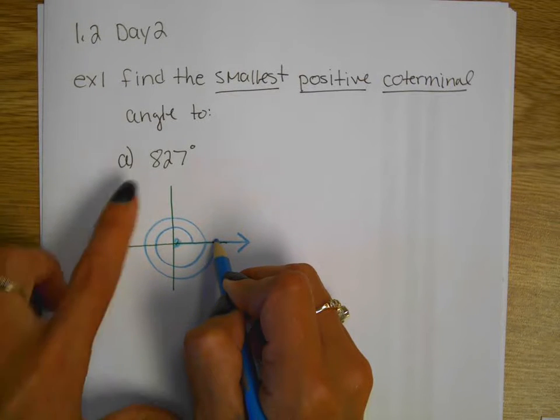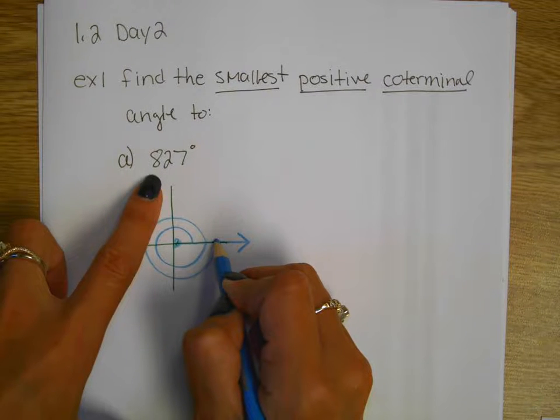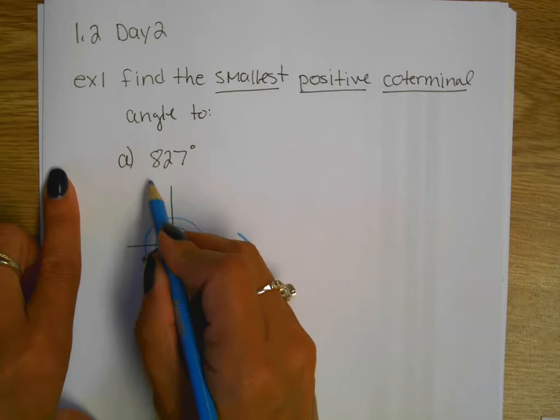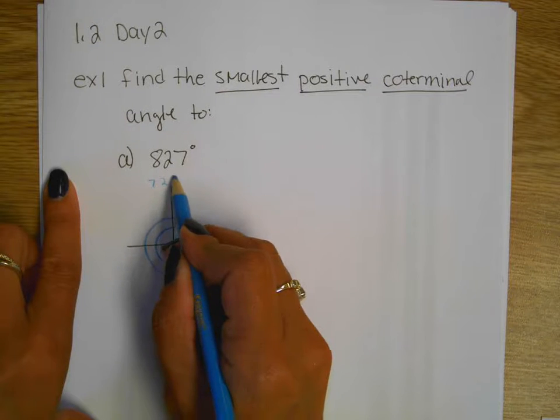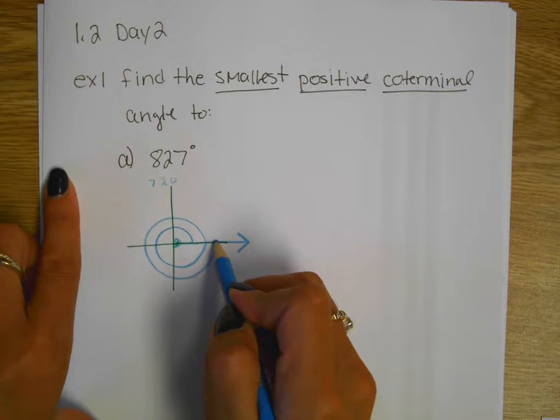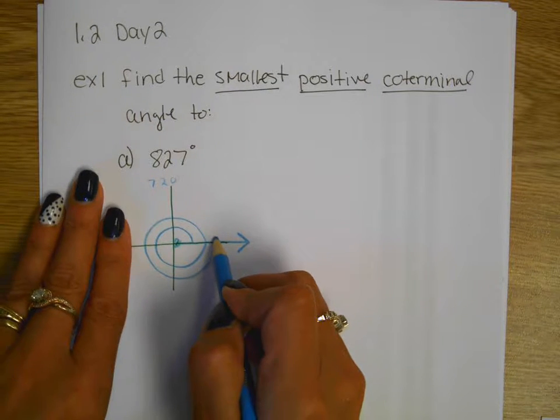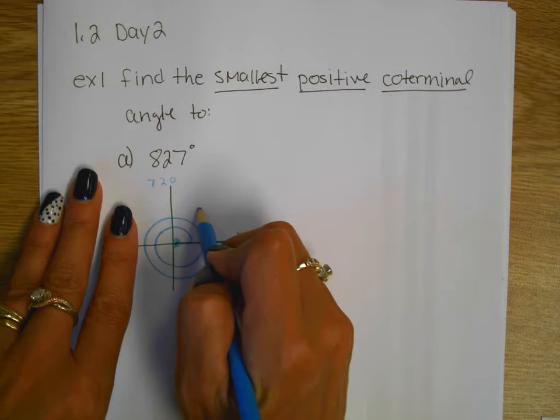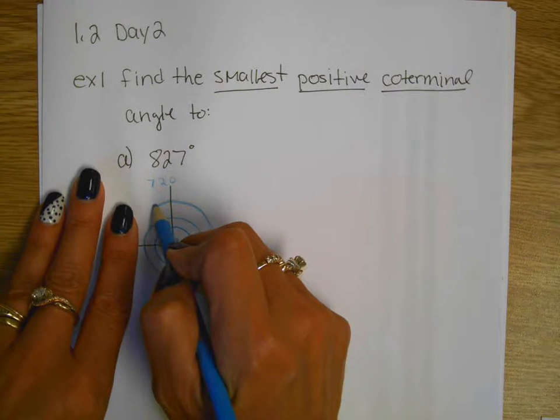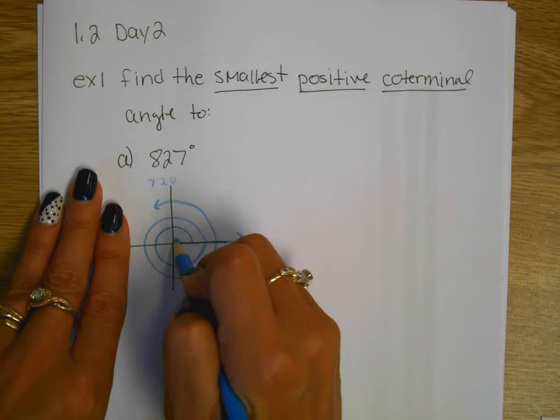How many more degrees do I have to go to get to 827 if I'm at 720? How many? 107. So that's going to take me into the second quadrant, because that's 90 at the top. Go a little bit far. Okay, so